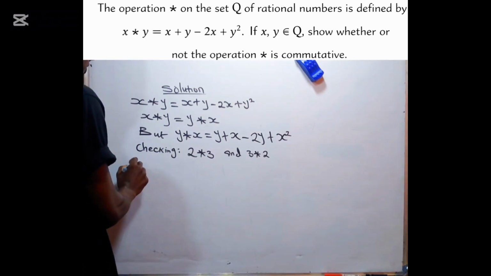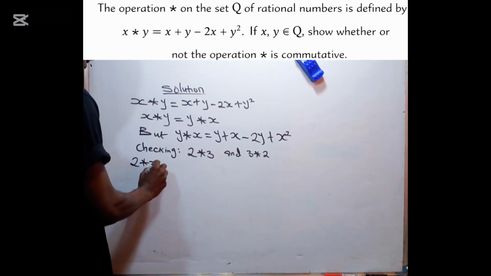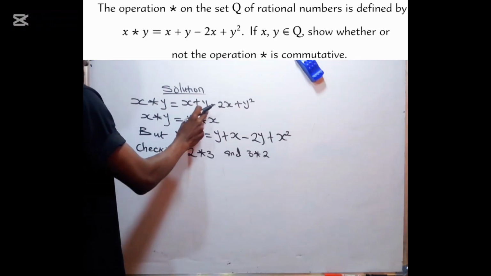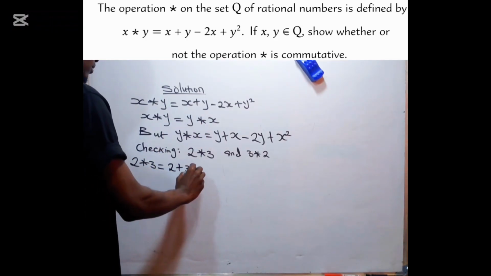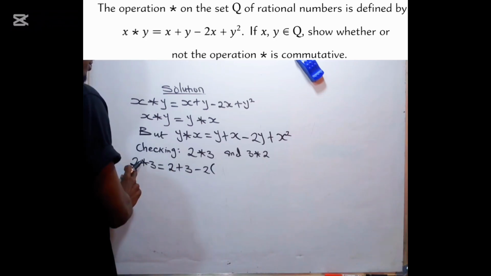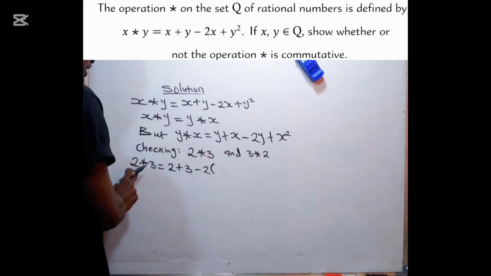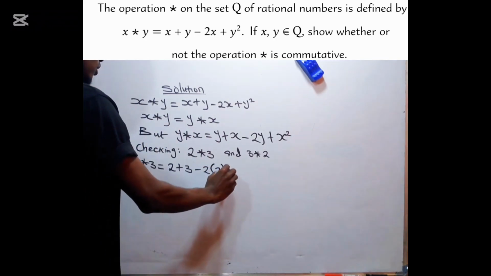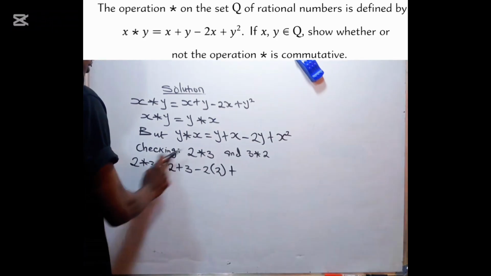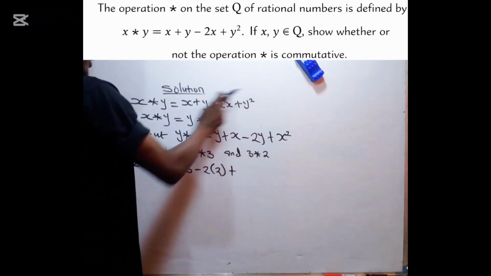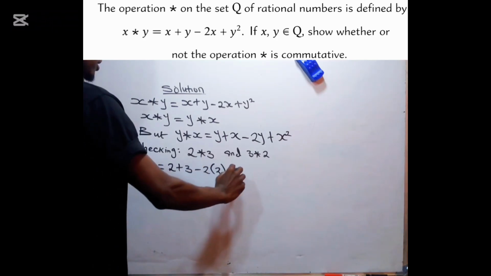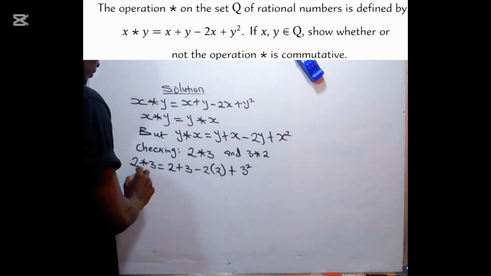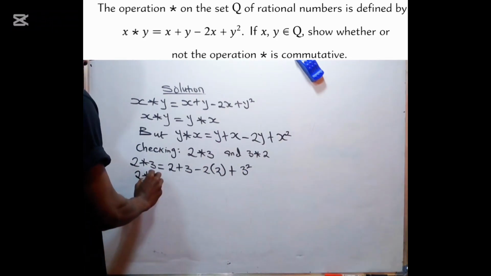Now, we say 2 asterisk 3 is equal to x plus y, which is 2 plus 3, minus 2 times 2, which is the first term, times 2, then plus y squared, which is the square of the second term, which is 3 squared. So 2 asterisk 3